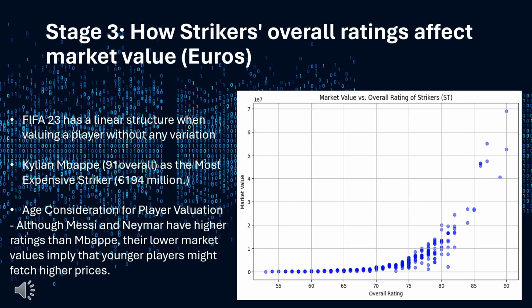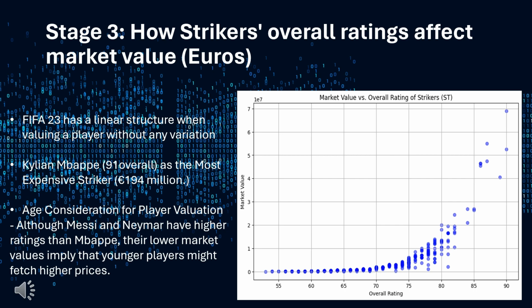Think how player rating for strikers are distributed across the different leagues. We wanted to use that data to look at the effect of overall rating across different factors. For example, market value in euro. A scattergraph was created by comparing the overall rating of all strikers, club position, then plotting it against the market value. This data shows that the higher the rating, the higher the value, but it also shows the effect of age on market value by FIFA.